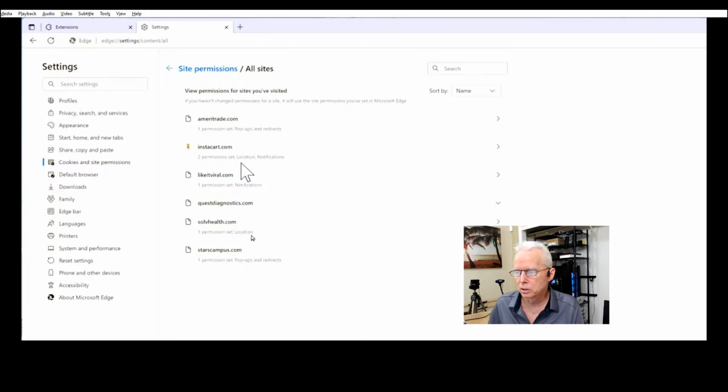Solve Health has location turned on. Stars Campus has pop-ups and redirects turned on. Stars Campus, I'm suspecting that has to do with her grandson who's in college, maybe star students, campus choices. I did not go look into the detail of those others or consider whether they should be removed, except for